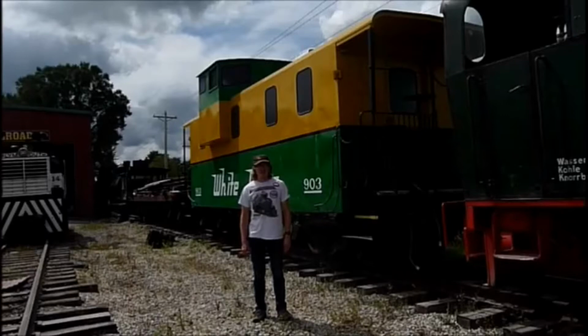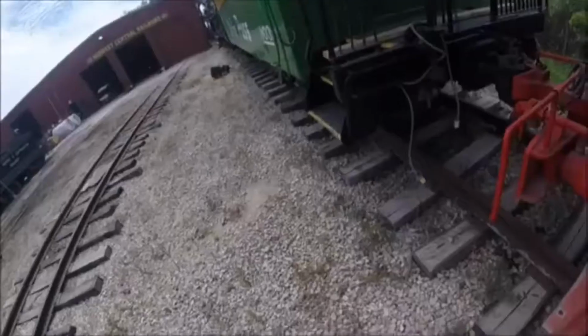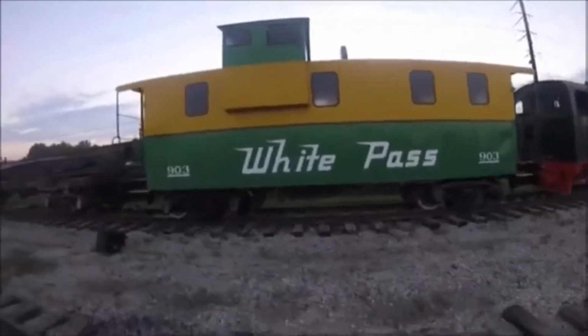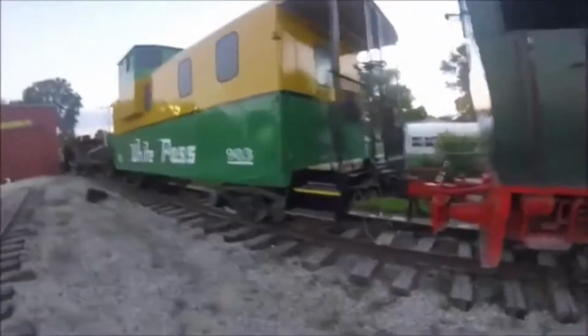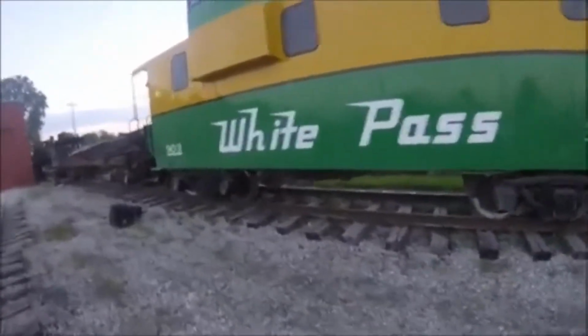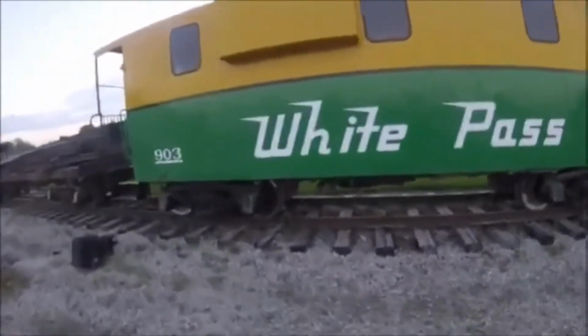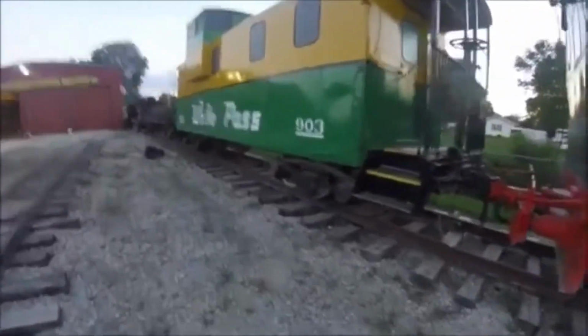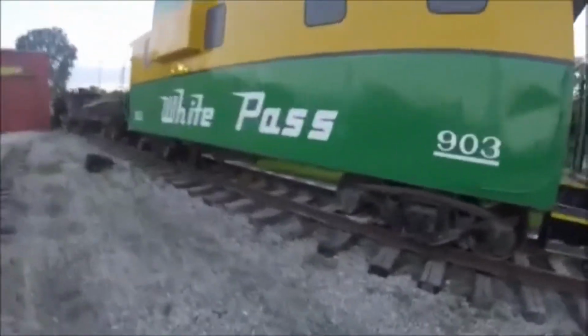Right behind you is White Pass and Yukon 903. White Pass and Yukon 903 was built, I believe, between 1950 and 1970 and is a steel caboose. White Pass and Yukon 903 was once used on the White Pass and Yukon Railroad, which is in Alaska. White Pass and Yukon 903 was originally painted in its original color, which it